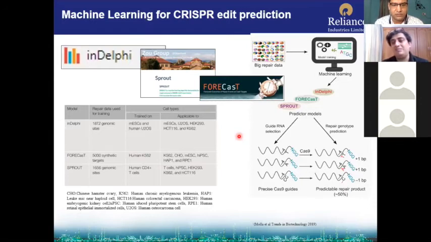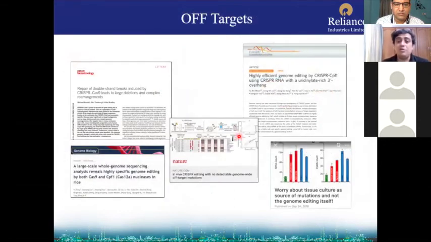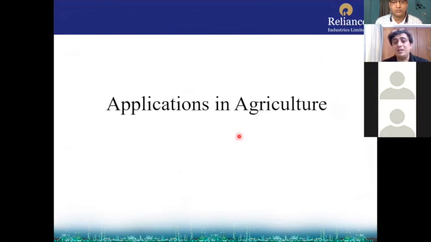Recently, there is a one-seq tool which will come up very soon from Harvard University, which I have seen in one of the recent symposiums, where you can very precisely predict if there is any off-target, which is a very high throughput system. So this is where I finish my first part, where I introduced basic CRISPR, its applications, its recent modification discoveries for applying in animal and human.